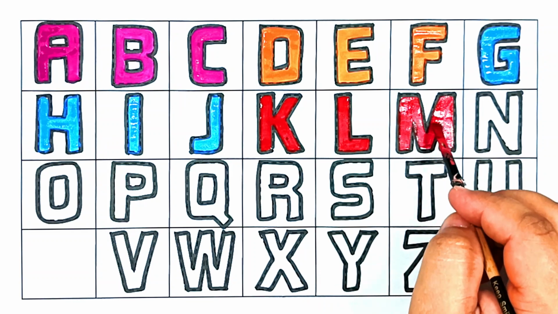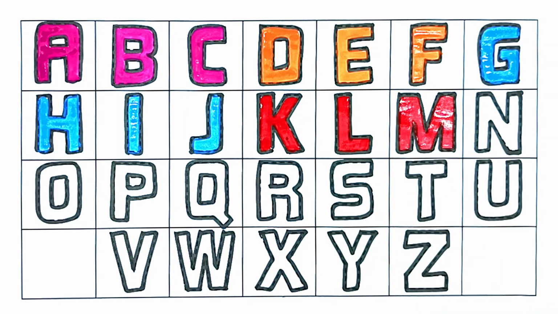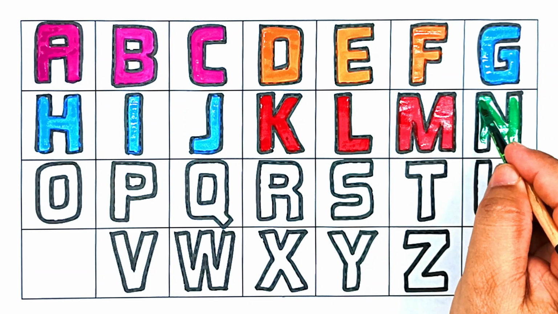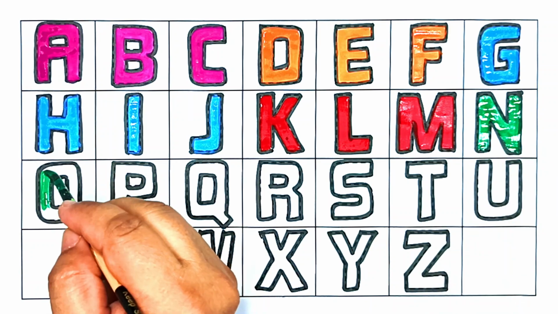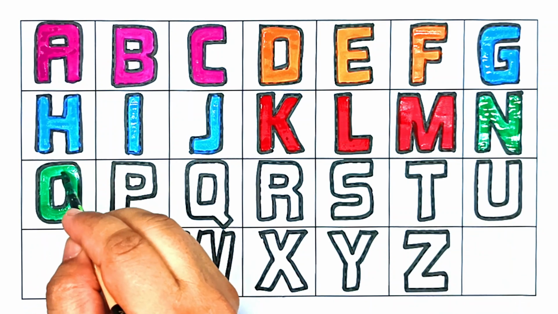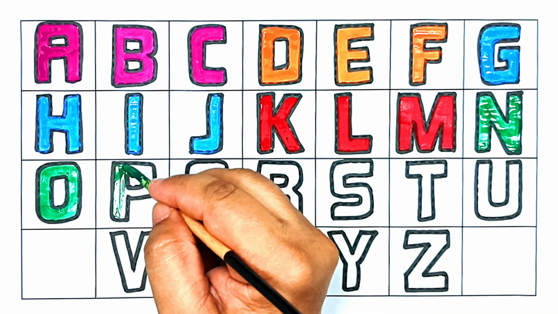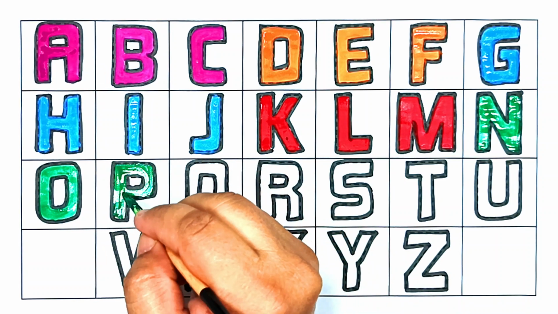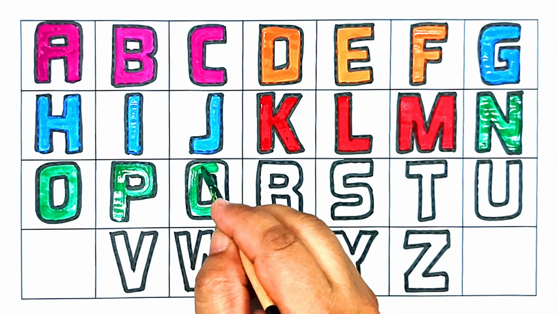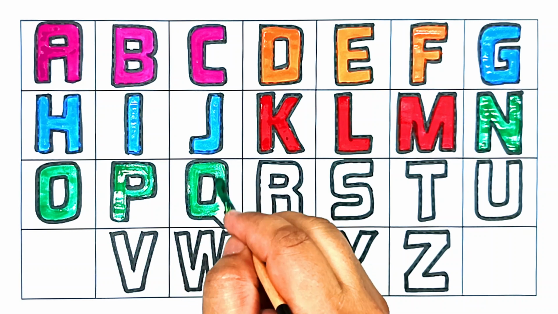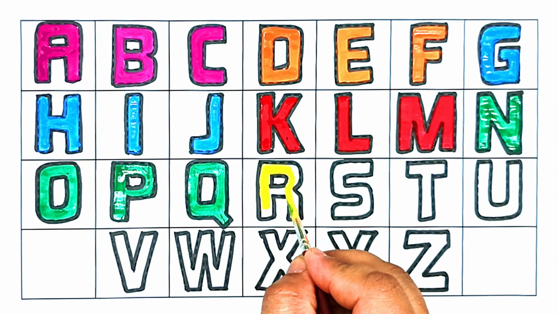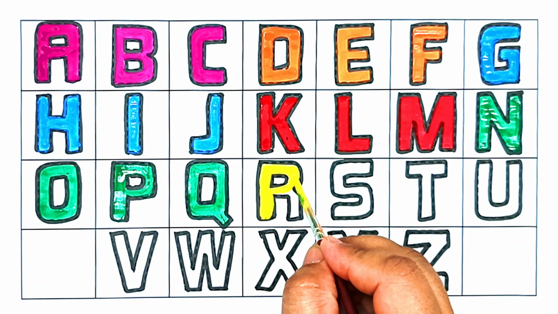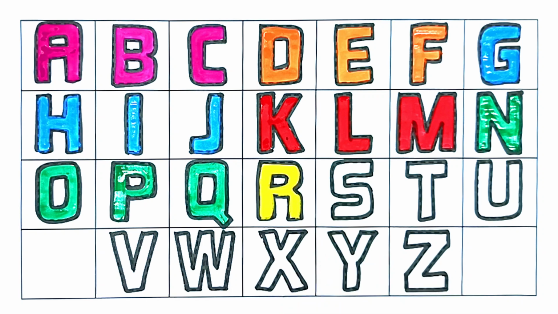M for man, M for man, N for net, N for net, O for onion, O for onion, P for pen, P for pen, Q for queen, Q for queen, R for ring, R for ring,